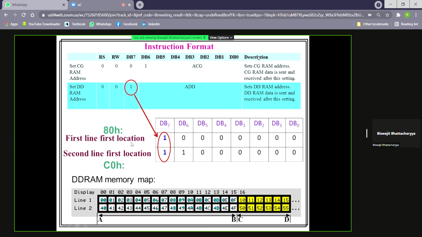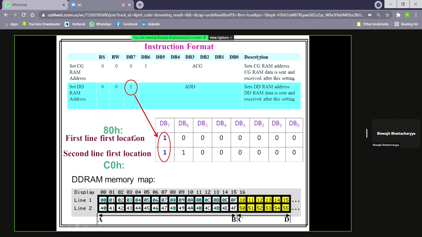So 80 hex should be the instruction so that the LCD will come to know that it has to send a character to 00 hex. If we send instruction 80 hex, then the LCD module will come to know that it has to send a character in address 0 of line 1.